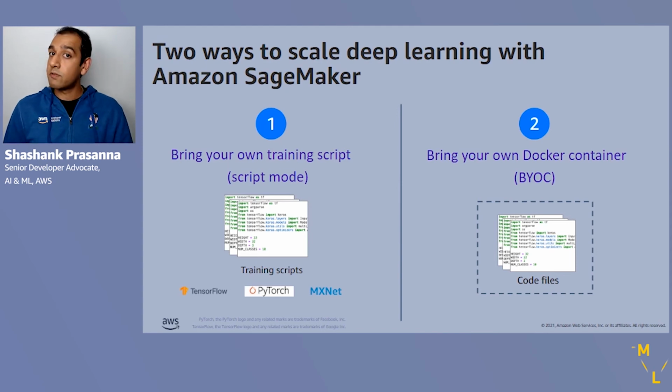But if you do want to work with your own custom container, you can also bring your own container. And the workflow is very similar. You just tell Amazon SageMaker that it should run this container on a specified number of CPUs or GPUs, and it will provision it, run the training, and then tear down the cluster or the instance once it is done training. So what you get is a fully managed experience. And let's take a look at both these approaches in a demo, and you'll see how this can really simplify a developer or data scientist workflow.